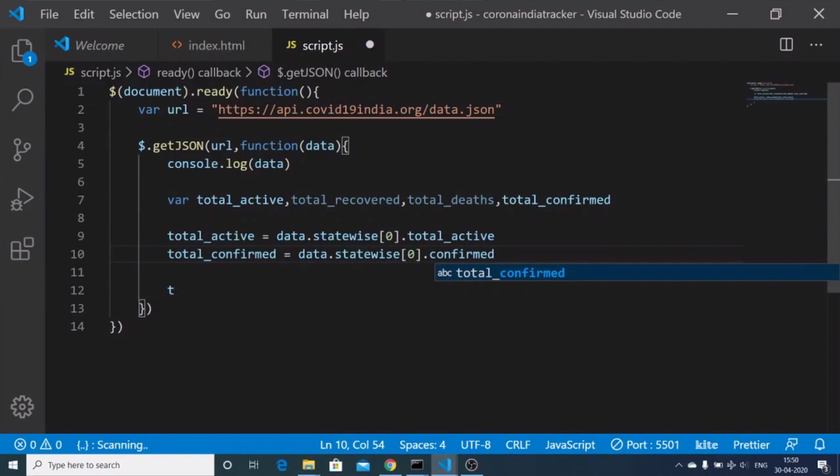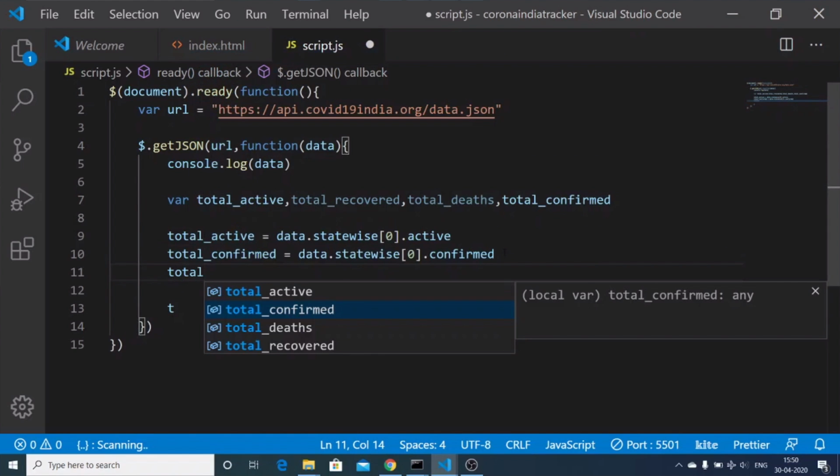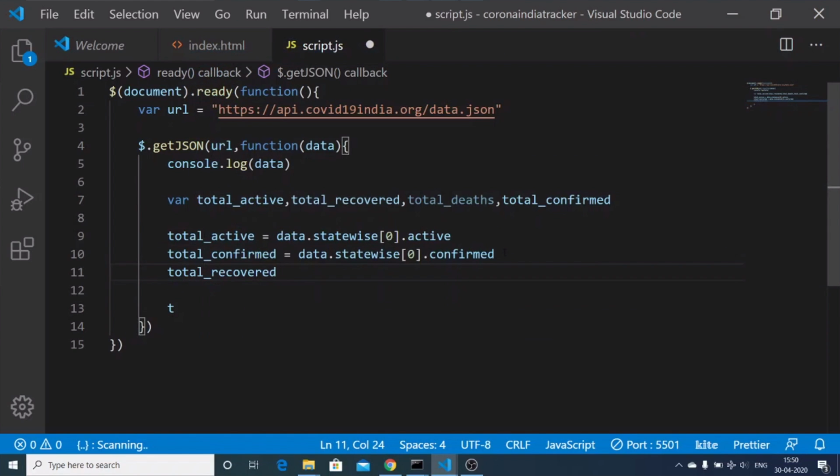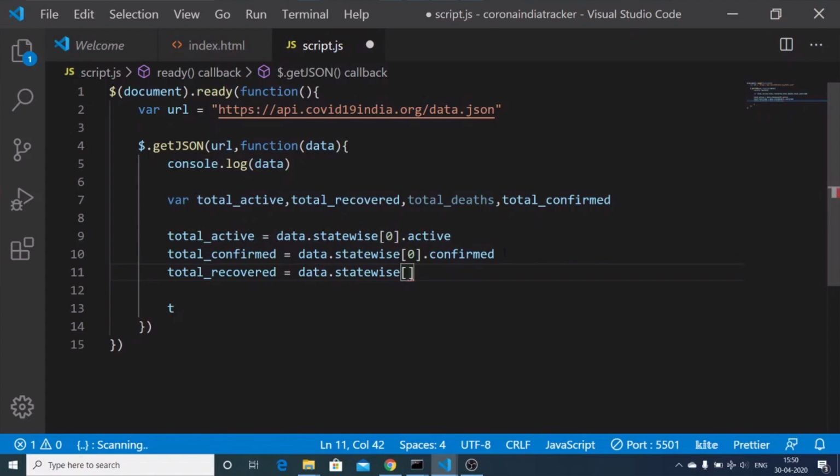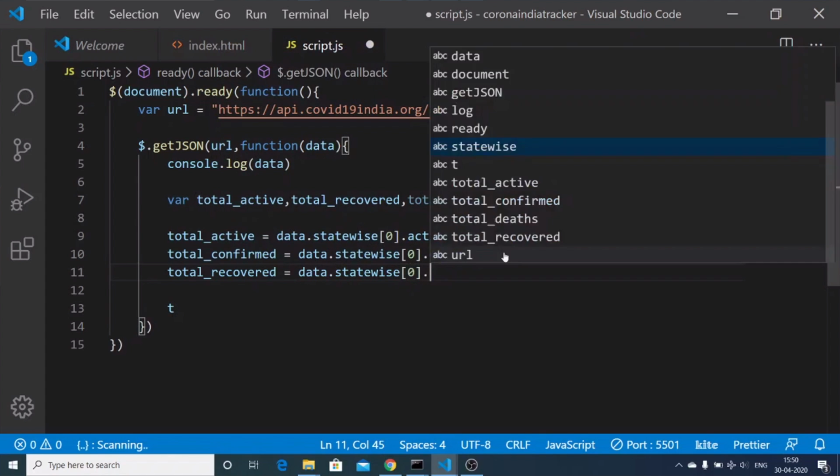Sorry, this is not total, this is just the active here, so just delete this. And similarly we can get the total recovered as well, data.statewise 0 dot recovered.